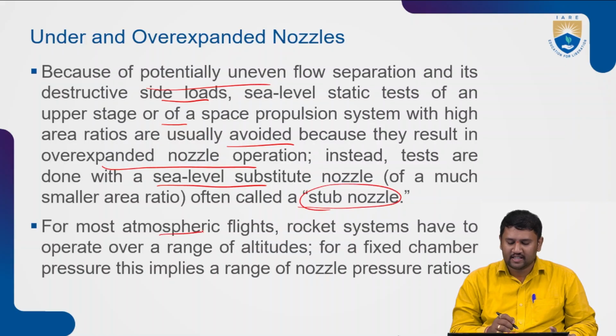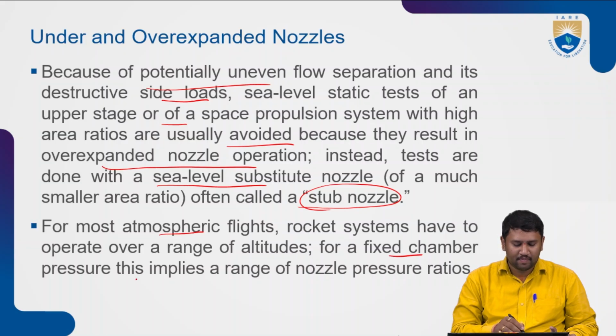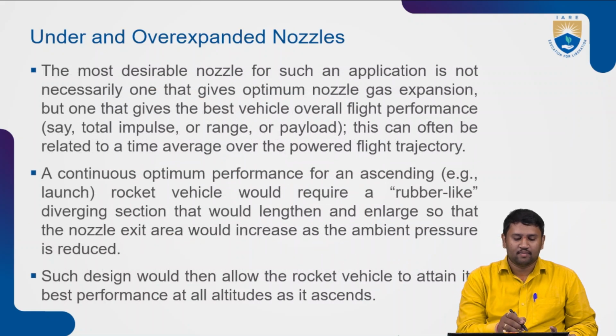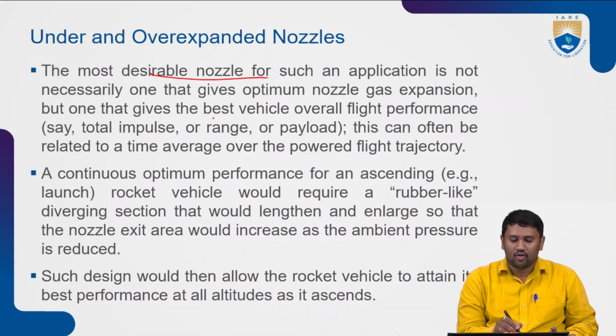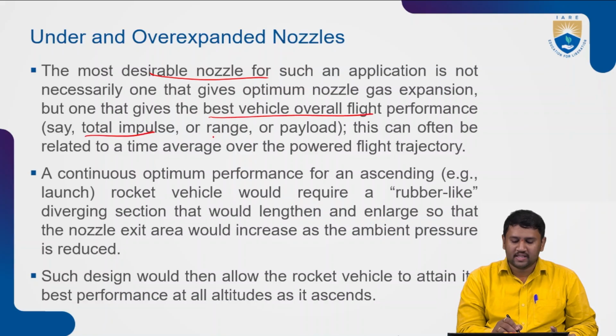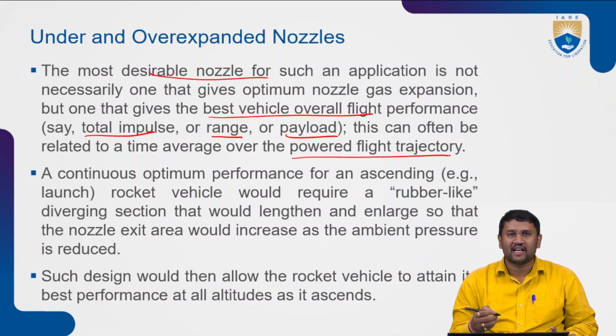And for atmospheric flights, the rocket systems have to operate over a range of altitudes, and for a fixed chamber pressure, this implies a range of nozzle pressure ratios. The most desirable nozzle for such an application is not necessarily the one that gives the optimum nozzle expansion, but the one that gives the best overall vehicle flight performance, particularly total impulse, range as well as payload. And this can often be related to a time average over the powered flight trajectory,